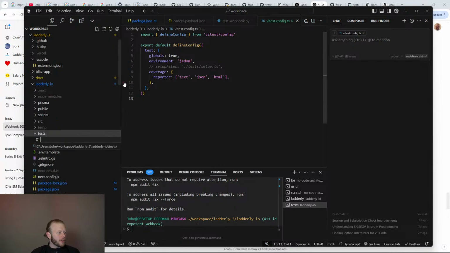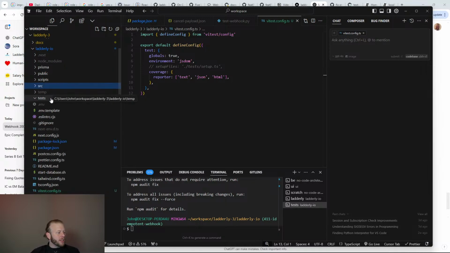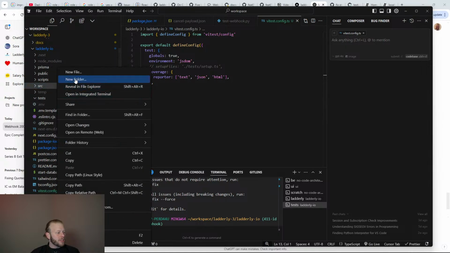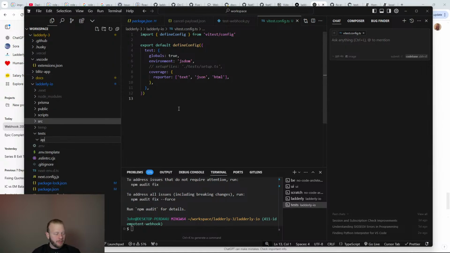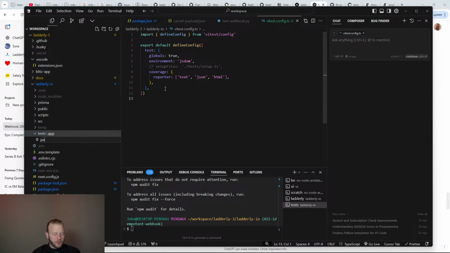So let's get started with that. We will call this just main or app. Let's try to be parallel with source. So I guess we'll call it app page. App page to me feels like it's going to be a component test, which this won't be, but that's okay. I'll make app, and then I'll do page dot. What should it be?